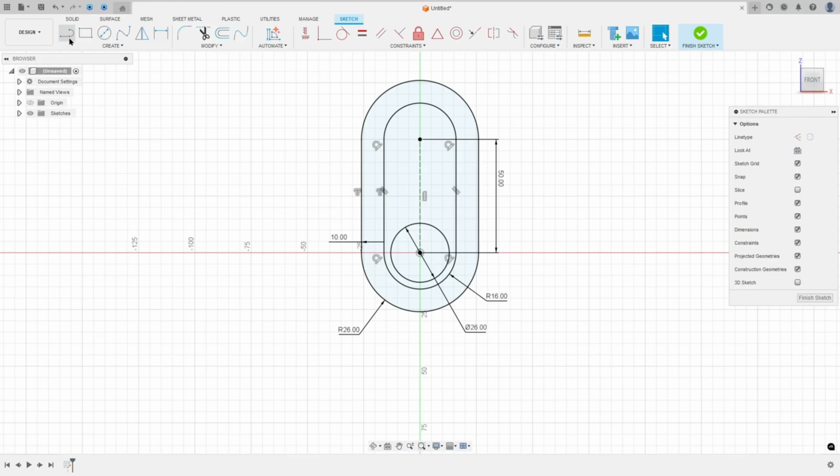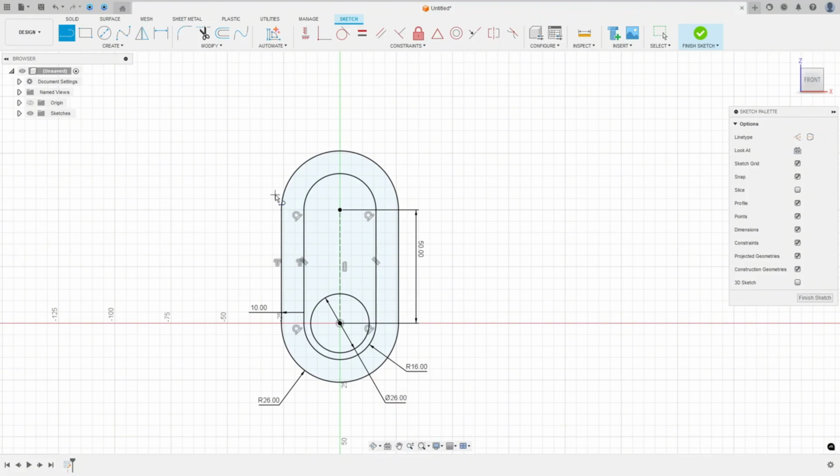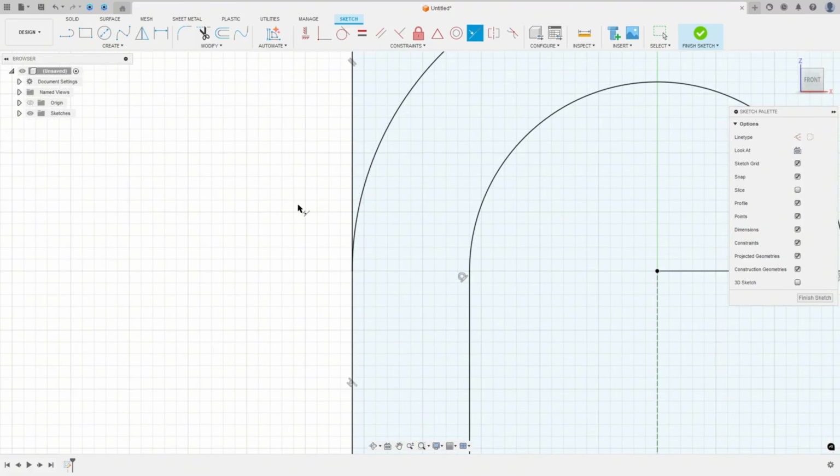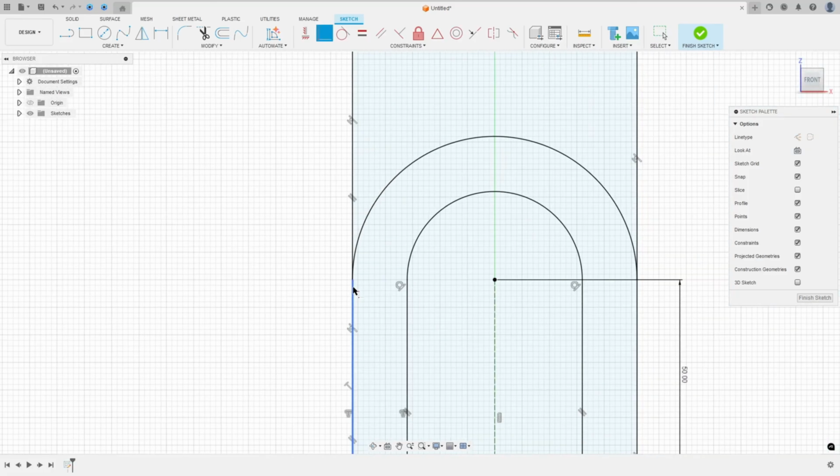So select line, select this point here, make this line here. Okay, go to constraint and select the collinear, select this line and this line here, this line and this line here. We made two lines here, sorry. Okay,